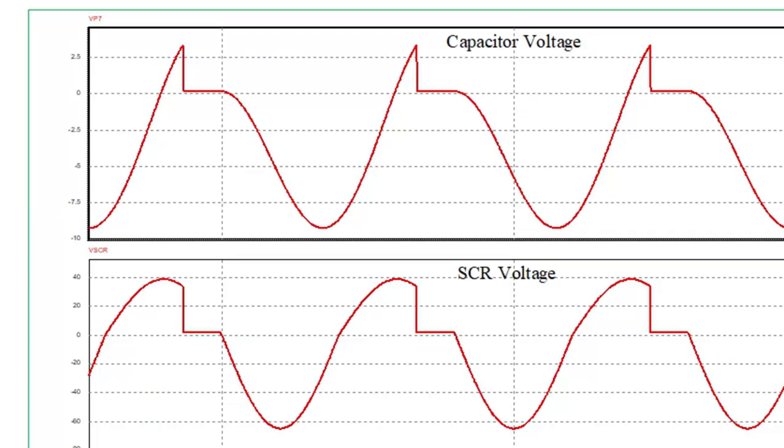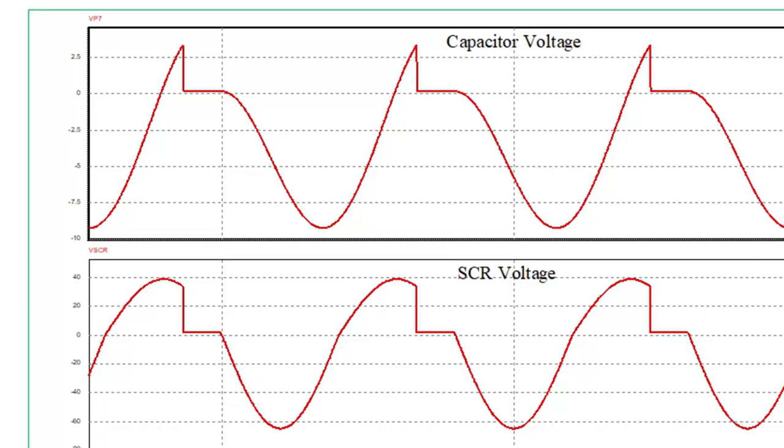Now let's see here. Once the capacitor voltage reaches the threshold value, after that the voltage across the capacitor reaches close to 0, and during that duration our thyristor is on and the voltage across the thyristor is 0. And in the negative half cycle, again the thyristor will block that voltage and voltage will develop across the SCR. Already we have discussed that when the SCR is on, the voltage across the SCR is 1 to 2 volt, and when the SCR is off, this voltage will be there but current will not flow through the SCR.